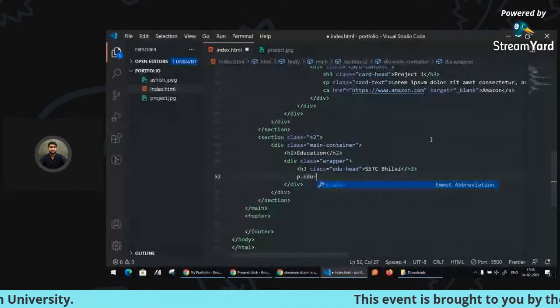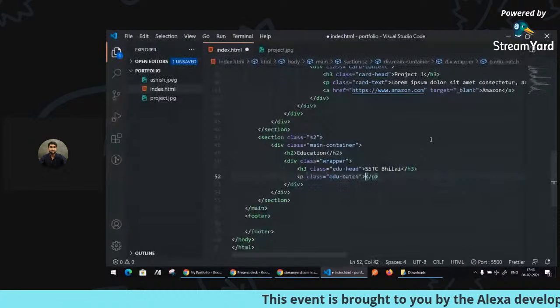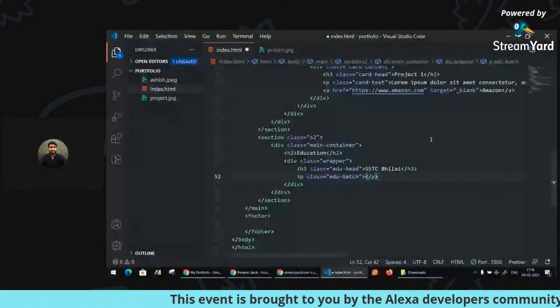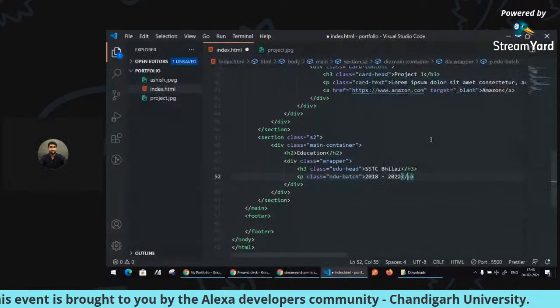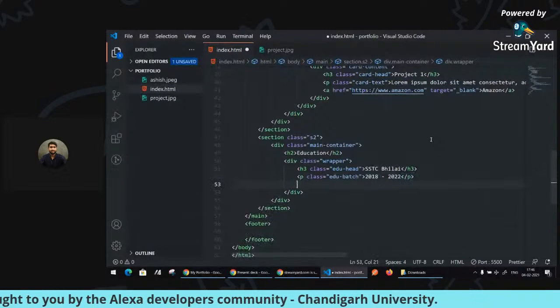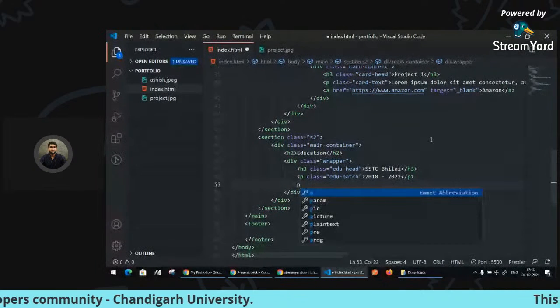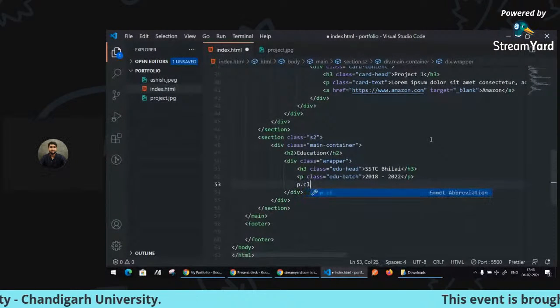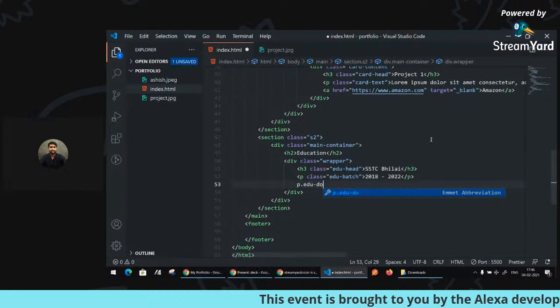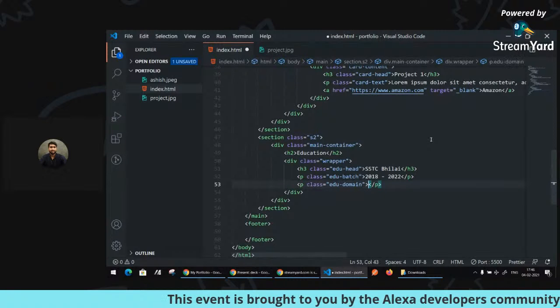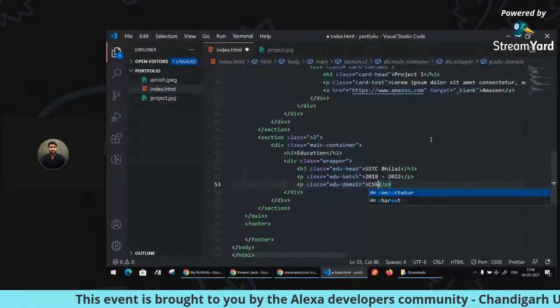You can put yours here. In batch I'll put 2018 to 2022, and then comes the branch. So whatever branch you are in, you can put it here. So my branch is CSE,